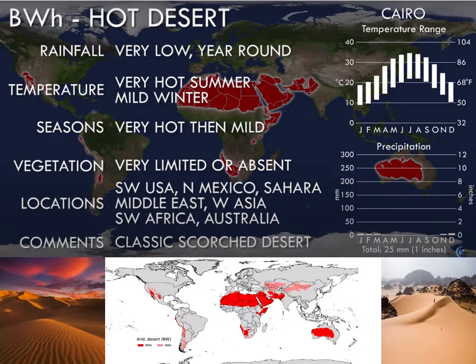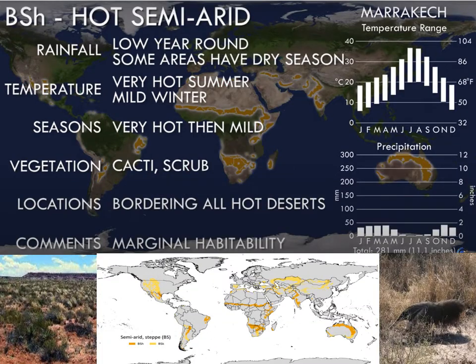You can see that this is near the tropic area, but mostly not at very elevated areas. It is more or less flat land, and it is found mostly in the US, Mexico, the Sahara, and in Asia we have the Thar Desert, and also Africa and Australia. These are the places where you have this very hot, dry desert climate.